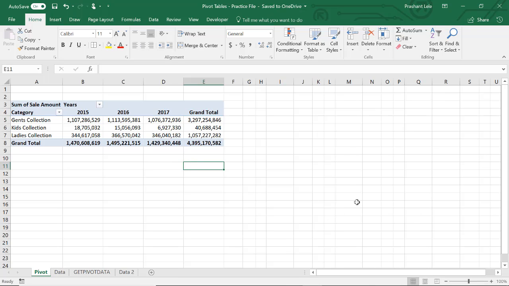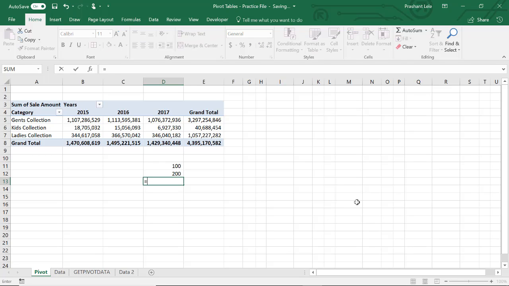Whenever you are applying any formula in Excel, suppose 100, 200. If you want to make a sum of this, you will just apply the formula 100 plus 200. Here you are getting the cell references D11 plus D12, simple, 300. But the moment you try to apply a formula on any cell inside your pivot table, you will run into